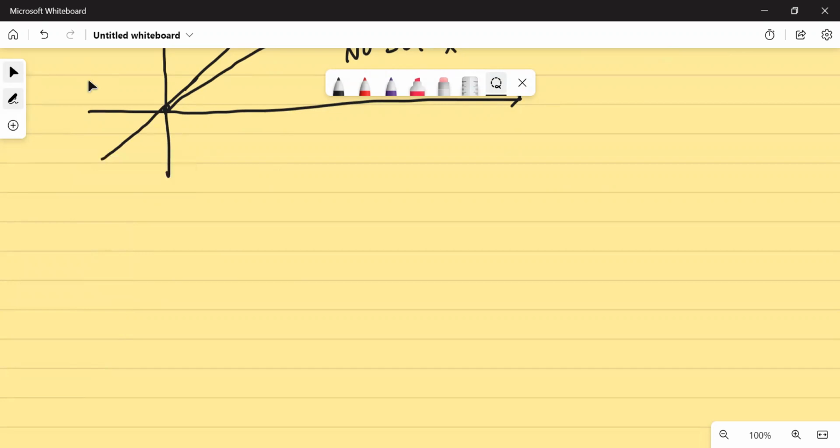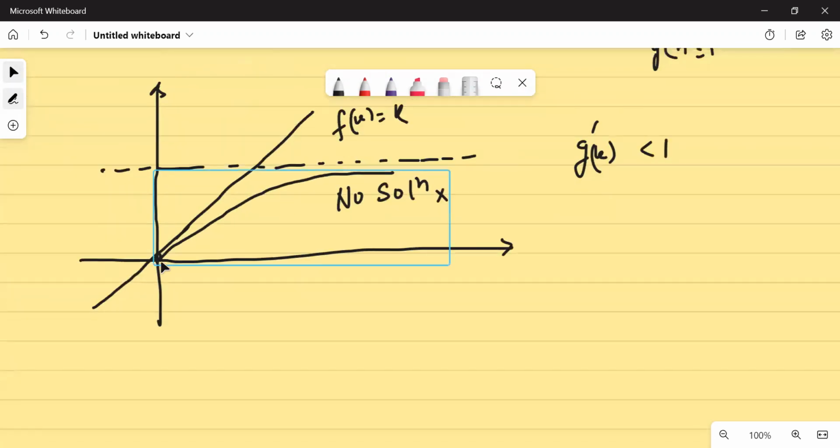That we are doing all these things at, let's say this point is k equal to 0. So if my g dash k at k equal to 0 is less than 1, what will happen? My curve slope initially also is less than 1. So basically, if I compare this particular graph,